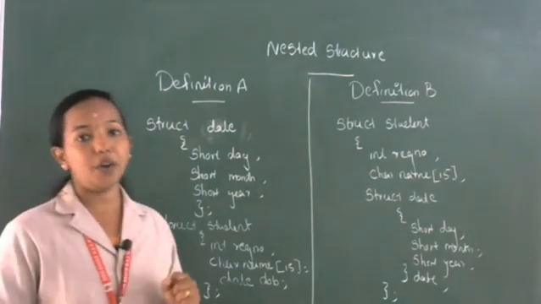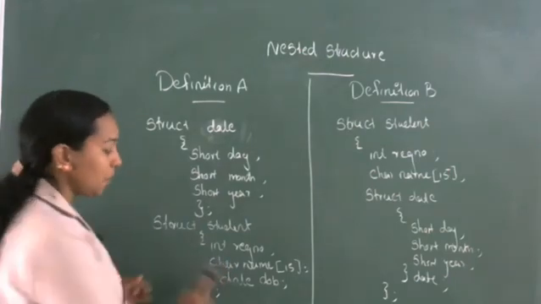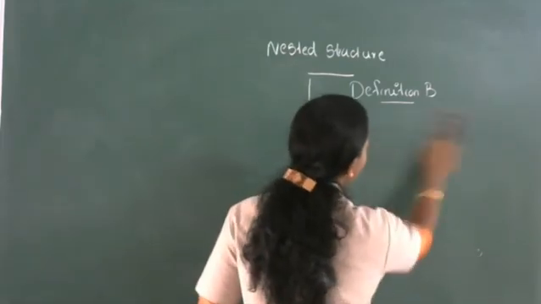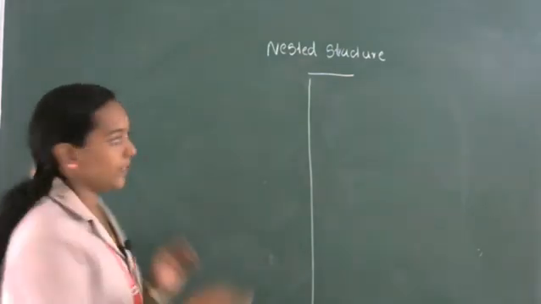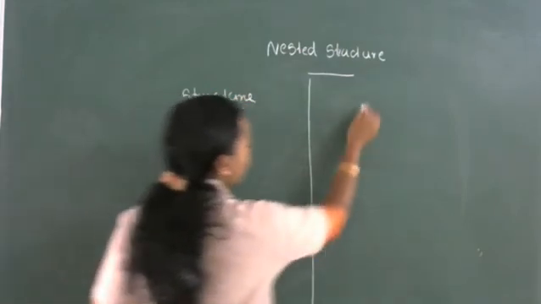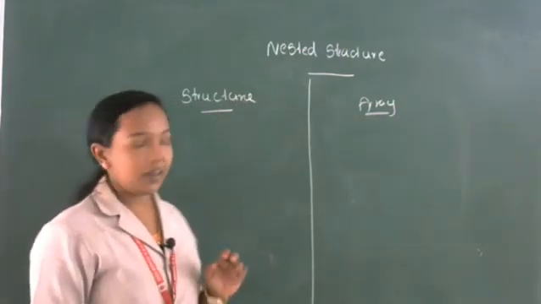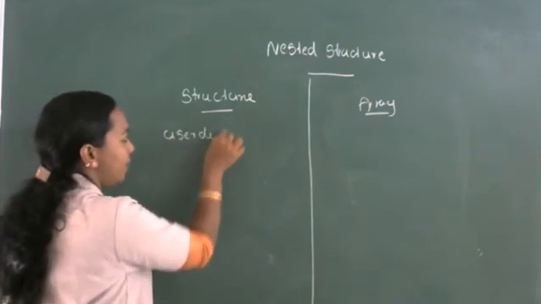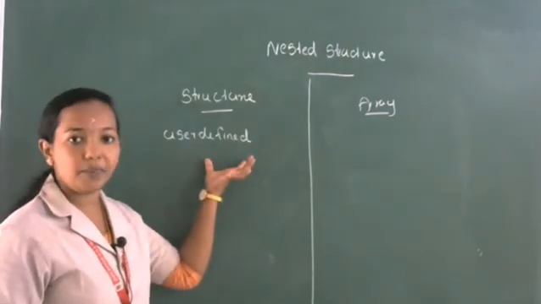Then one more topic is present in this video. So here we are discussing structure. One more data type we studied in plus one is called arrays. So our last topic is array versus structure. Here I am going to compare array with structure. What is the speciality of structure? Structure is a user defined data type.